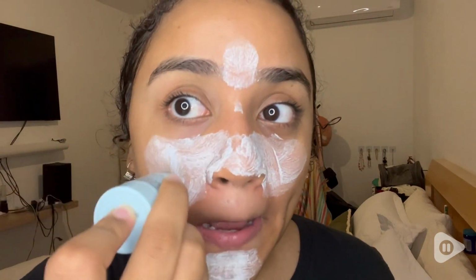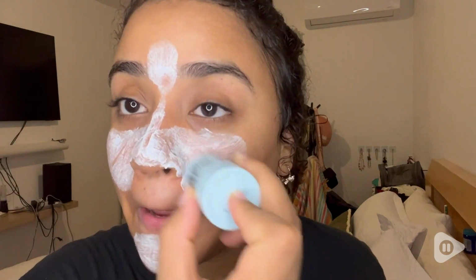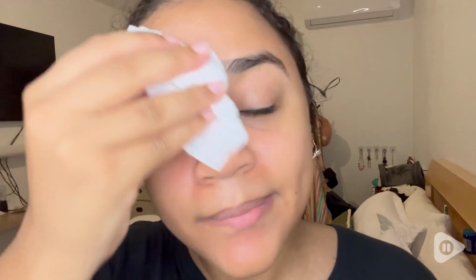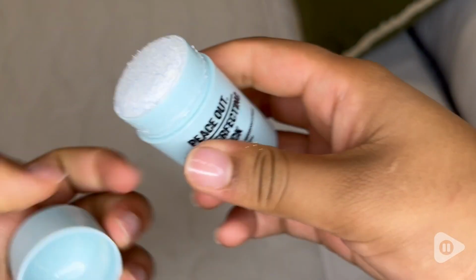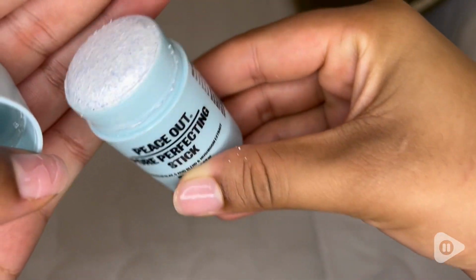And I don't only use it as a scrub, but also as a mask by leaving it on for 10 minutes. Something I love about this product is how easy it is to use, and it also lets me have a smoother look on my face, especially because I wear makeup a lot and it looks terrible to me when I am wearing makeup and I can see all those clogged pores. So I love using this stick at least 3 times a week so that I can keep my face as